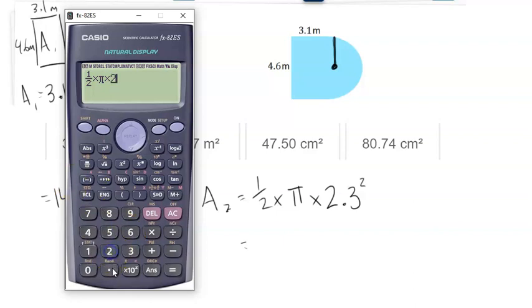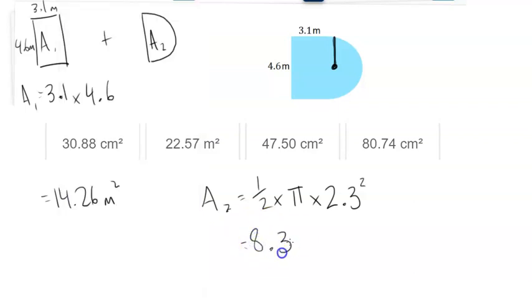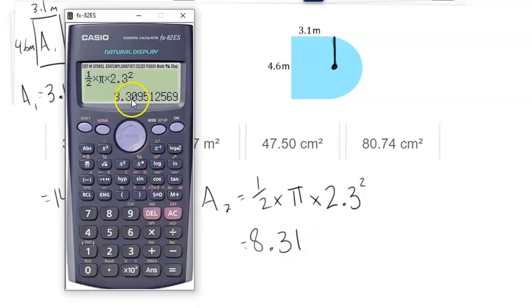And 2.3 squared, you're going to use this button here, the square button. If you don't have a scientific calculator, you would just type in 2.3 times 2.3. If you can't put in a fraction button, you would just put 0.5, because 0.5 and half is the same number. Go ahead and press equals, press the SD button, and here we get 8.31. It shows 0 here, but because the critical digit is greater than 5, this is 9, this bumps the 0 up by 1 unit to 1. So this here is 8.31